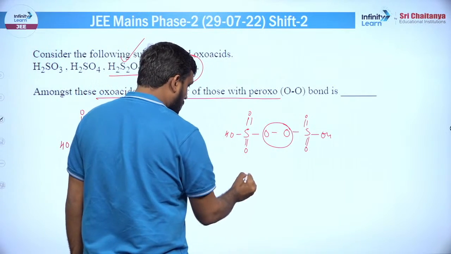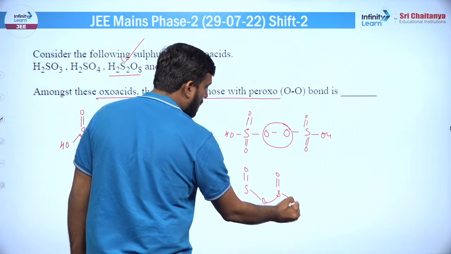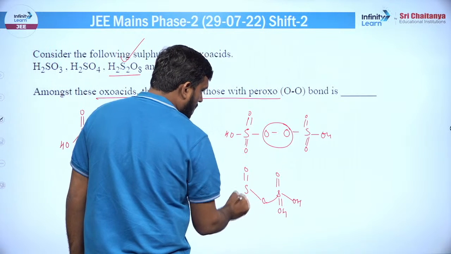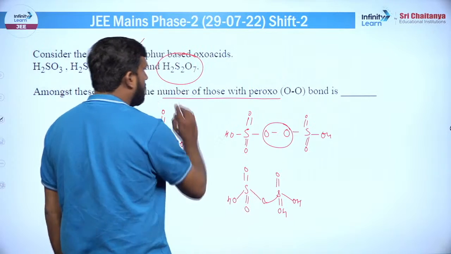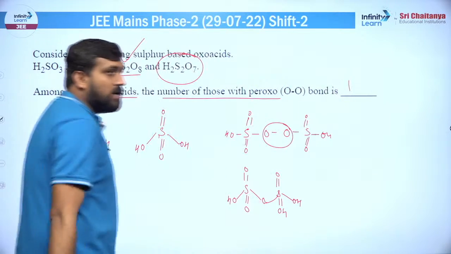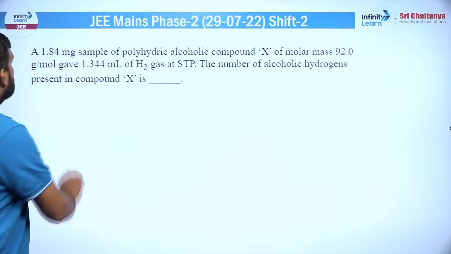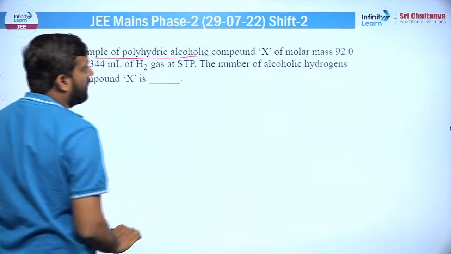ठीक है, ओलियम की बात करते हैं, ओलियम का जो स्ट्रक्चर होगा S डबल बॉन्ड O, फिर यहाँ पर S डबल बॉन्ड O, फिर यहाँ पर आपका OH, यहाँ पे आपका OH आ जाएगा, इधर भी आपका OH और इधर भी आपका डबल बॉन्ड O। तो इसमें तो नहीं है पेरोक्सो लिंकेज, तो सिर्फ एक में ही है पेरोक्सो लिंकेज, इसलिए जो सही आंसर होगा वो 1 हो जाएगा।